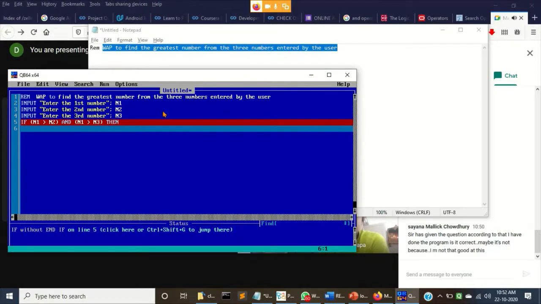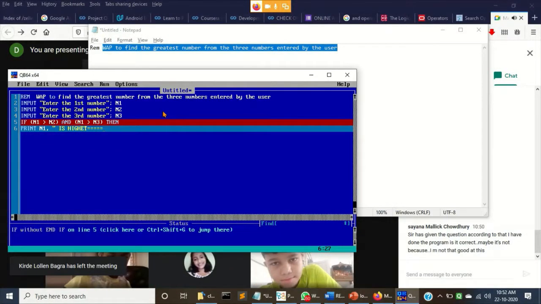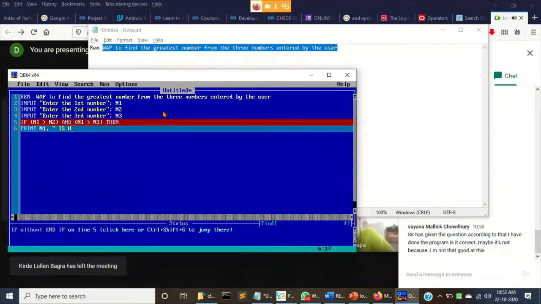I am checking if both are correct. If both are correct, then only print n1 is greatest. Sorry, not highest, greatest number.